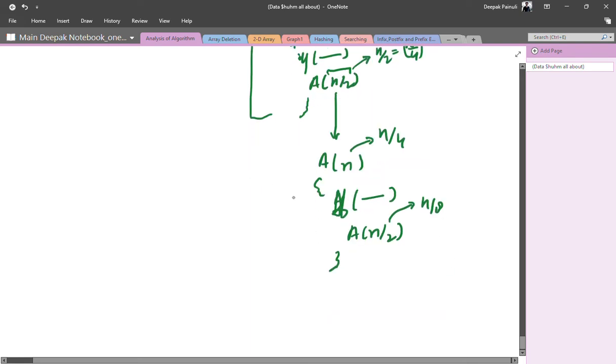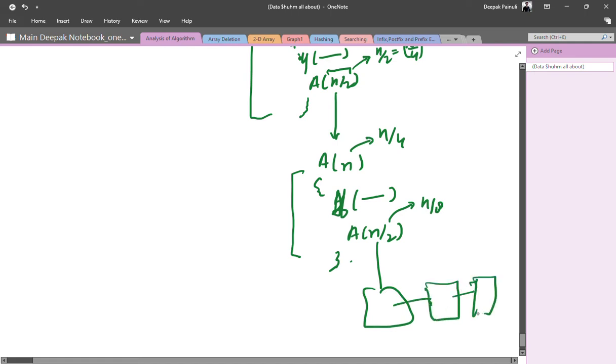Until you get a single function call after this call, again you will call the same function, and again this will call the same function, until you get the same function for the value of 1 at the last.